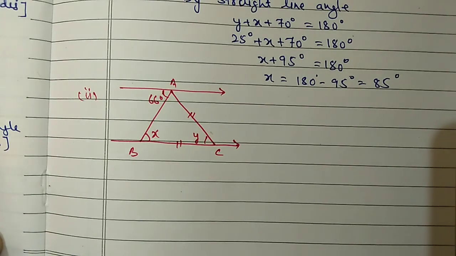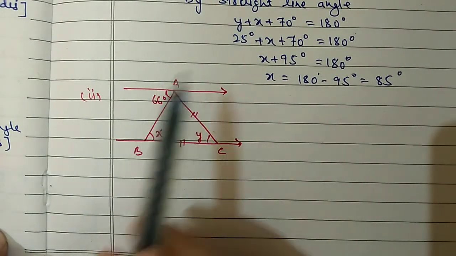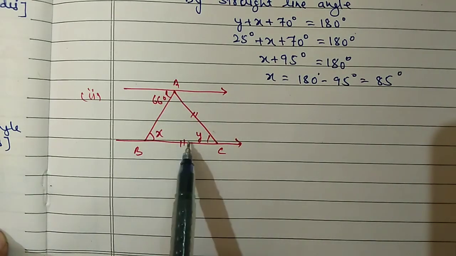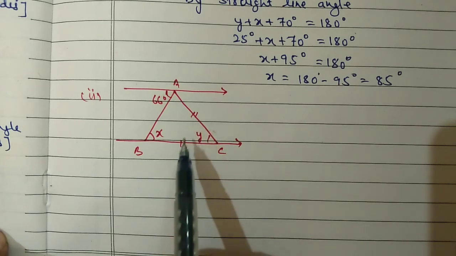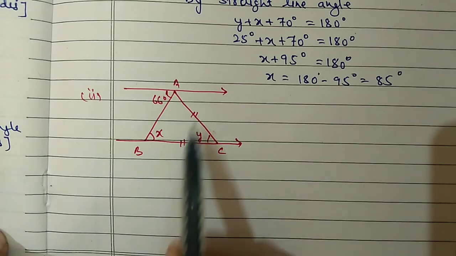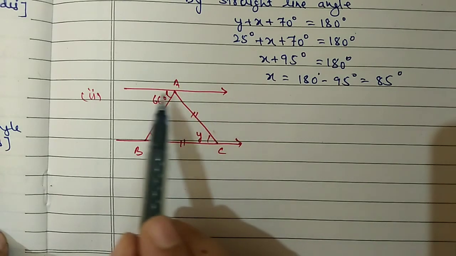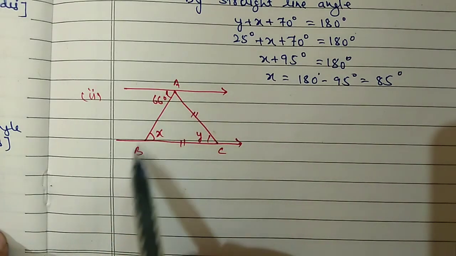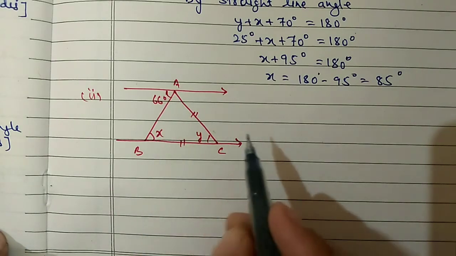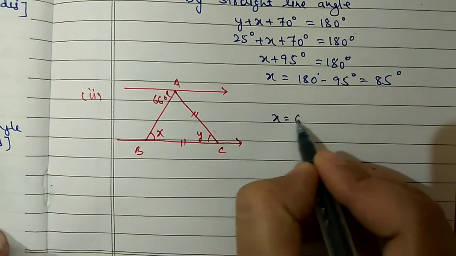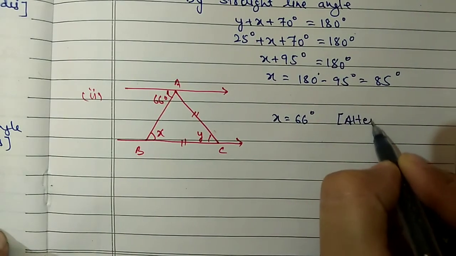Next, second part of question number 4, figure is given here. First name out this figure. Now in this figure these two lines are parallel because same type of arrow is there, and these two lines are same in length, same type of marking is there. So first of all we will use parallel line property. These two lines are parallel and this is transversal. So 66 and x will be equal. So we can write here x is equal to 66 degree. Reason is here alternate angle.